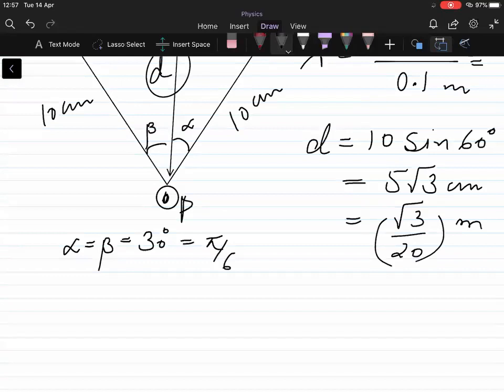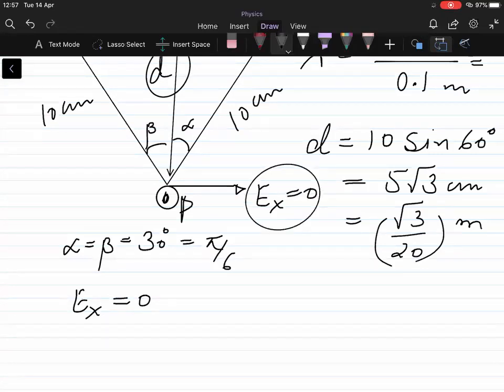Now because the value of alpha and beta is equal, therefore the Ex term will become 0 because it contains cos alpha minus cos beta. So this term will be 0. That means there will be no electric field in this direction. It is 0. But there will be some electric field in the